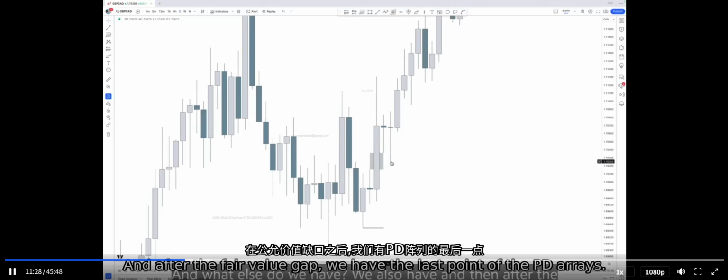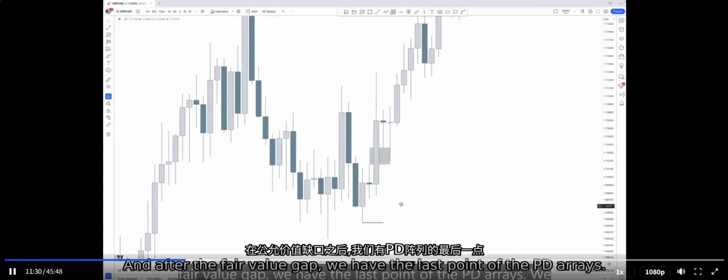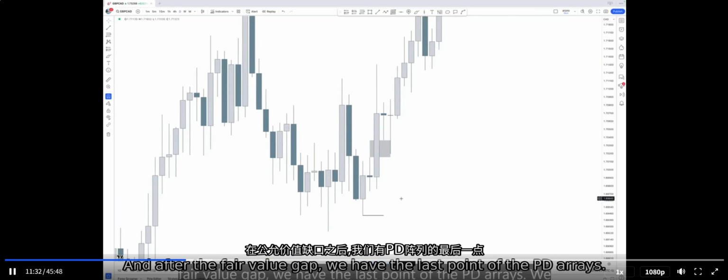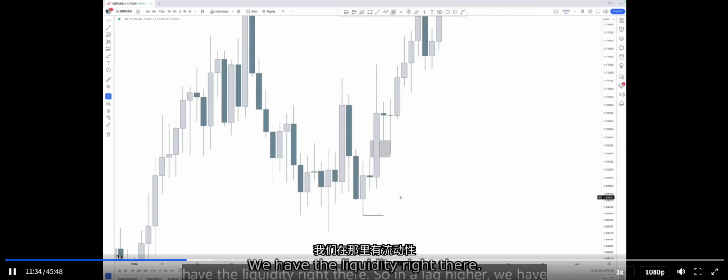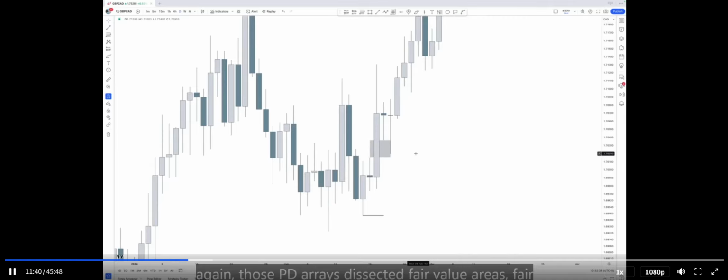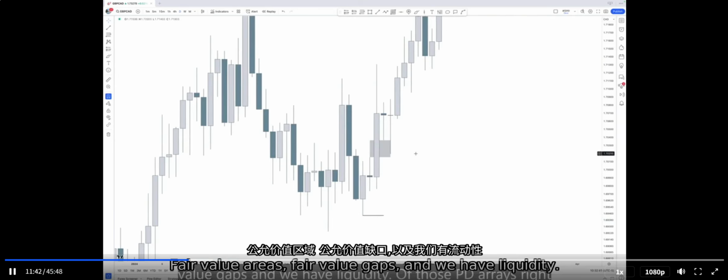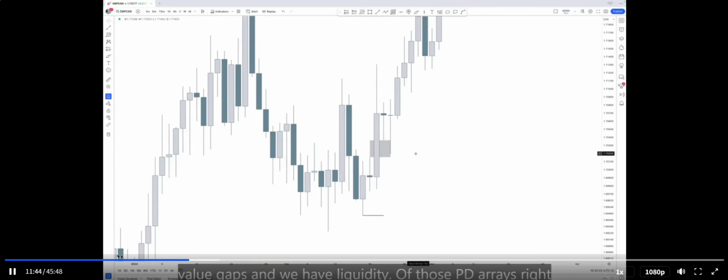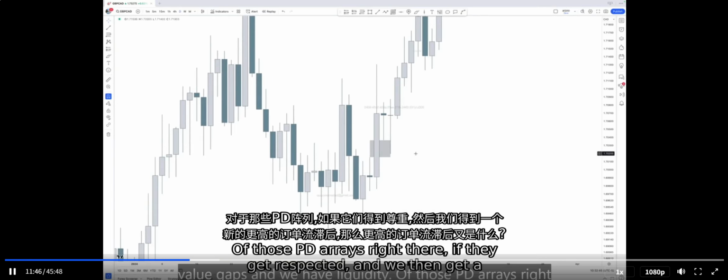And what else do we have? After the fair value gap, we have the last point of the PD arrays. We have the liquidity right there. So in a leg higher, we have, again, those PD arrays dissected: fair value areas, fair value gaps, and we have liquidity. Of those PD arrays right there, if they get respected, and we then get a new order flow leg higher,